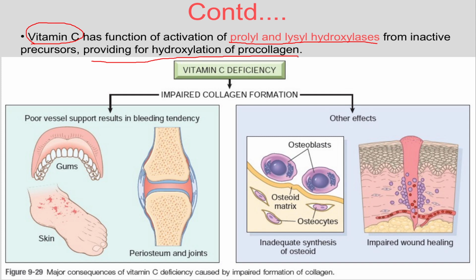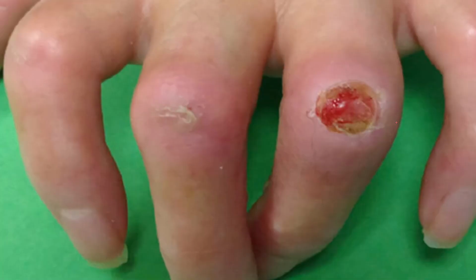Remember your lessons of collagen formation: from tropocollagen to procollagen, from procollagen to collagen fibril, and from collagen fibril to collagen fiber. And as you all remember, glycine, proline and hydroxyproline, and the enzyme lysyl hydroxylase, actually help in hydroxylation of those proline and lysine residues, without which the triple helical structure of collagen will be impaired and connective tissue formation will be defective, and changes will be observed in all connective tissue. Because you already know by now, collagens take up 25 to 35% of the human body, so the majority of tissues will suffer due to this problem.